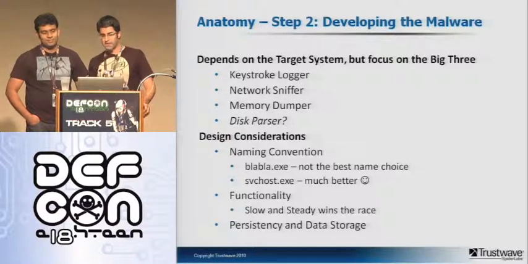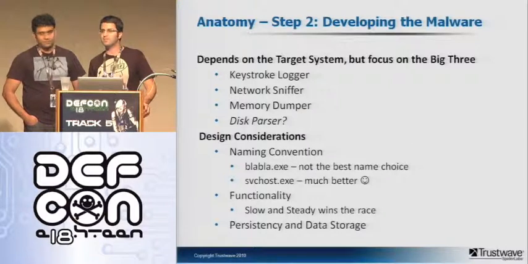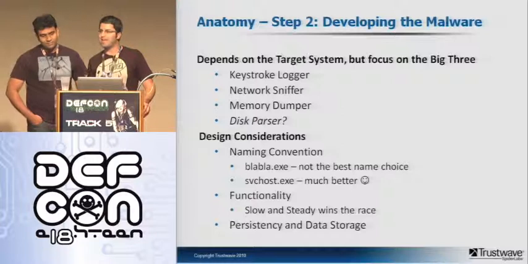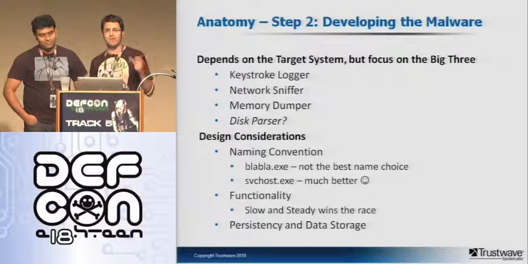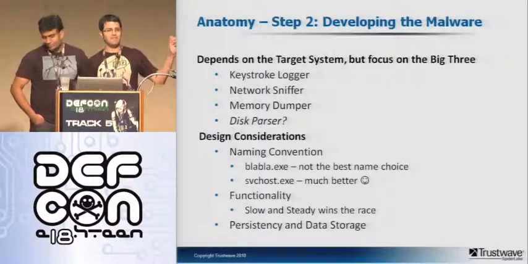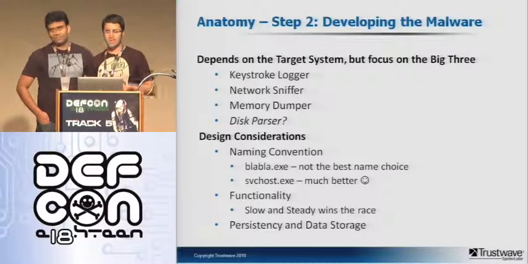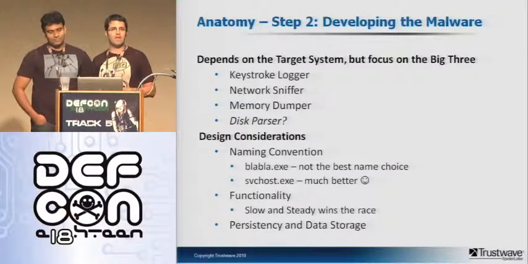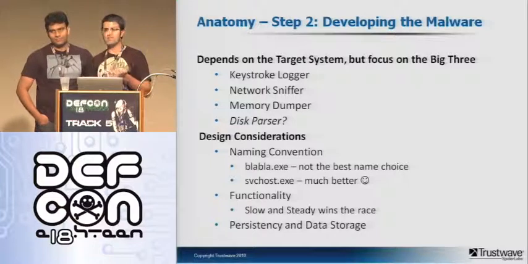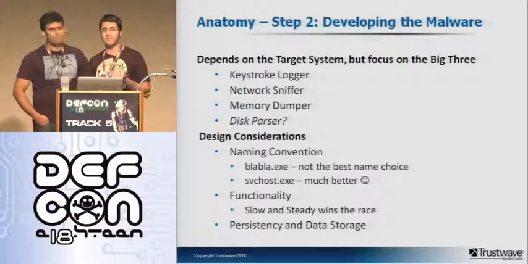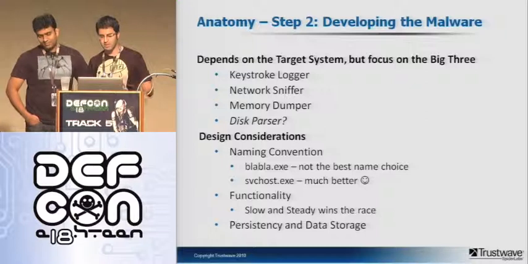And then we also have the disk parser, with a question mark. We often don't see that. Now there is data sometimes stored in the system, but it'd just be easier to take the file and leave. The persistent types of attacks are going to use things that try to access data when it's being used in an active state. If you think of a system that is obtaining data encrypted, releasing data encrypted, and storing data encrypted, what better way of obtaining that data than when it's either on the network in the clear, in the memory in the clear, or being entered into the system in the clear?